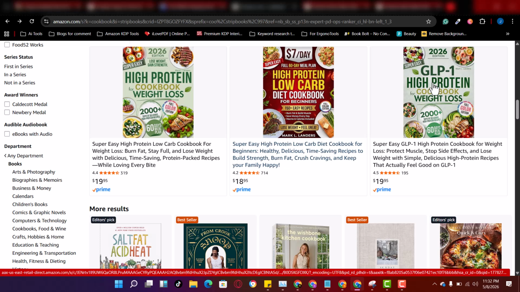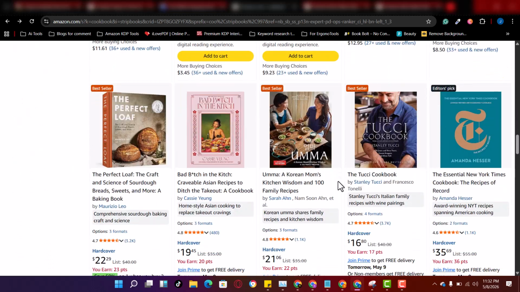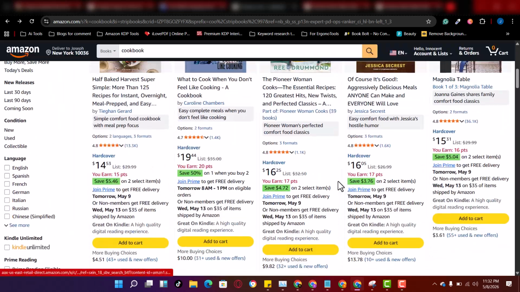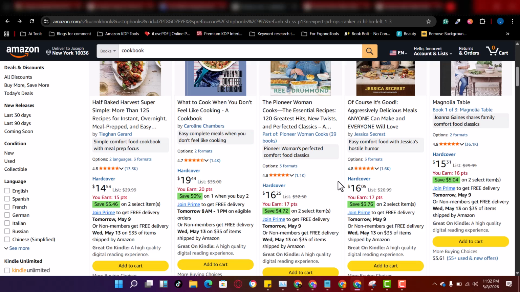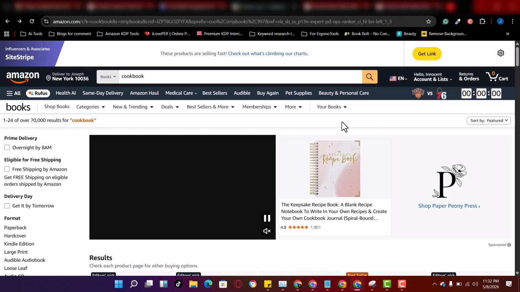For instance, these are all non-fiction books. Non-fiction books are books that have to do with just guides or normal educational books and all of that. Then when we talk about fiction books, we're talking about all these stories, novels, billionaire stories, werewolf stories. All of those things are fiction books. So everything you're seeing right here on my screen right now, they are non-fiction books and they're making sales. And we also have low content books. Low content books are books where the content is very little, you understand, like your journals, your coloring books, and all those kinds of books.